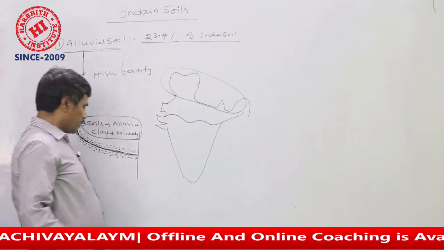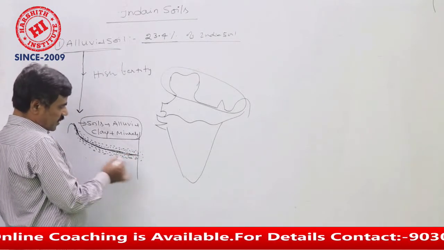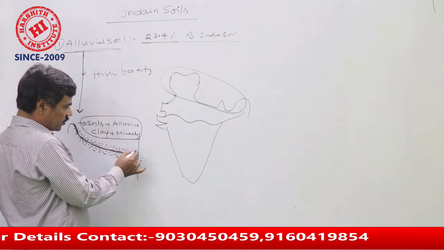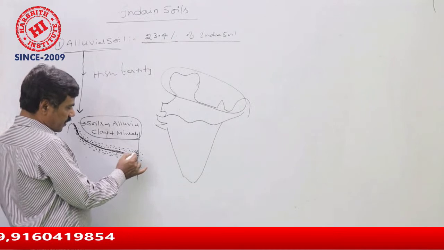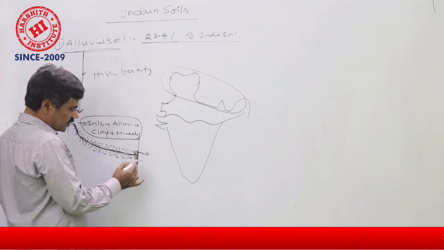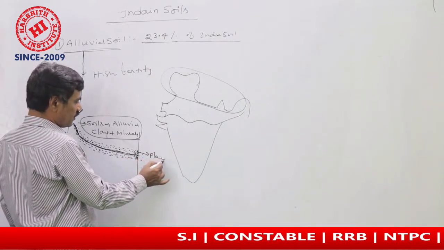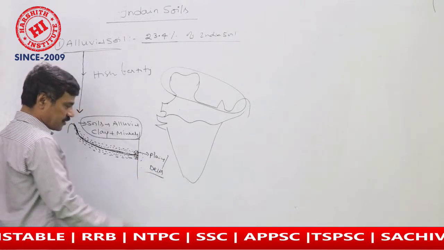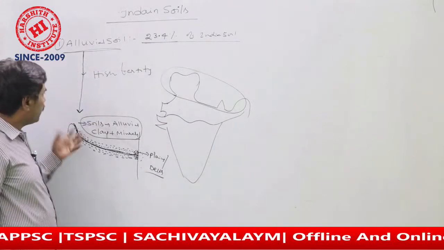Before entering any one of the oceans on the west side and the eastern side, the maximum high-fertility grained alluvial soil is deposited before it enters the Bay of Bengal. Like this, these deposited soils are called plains. Coastal plains are also called deltas. So, alluvial soil